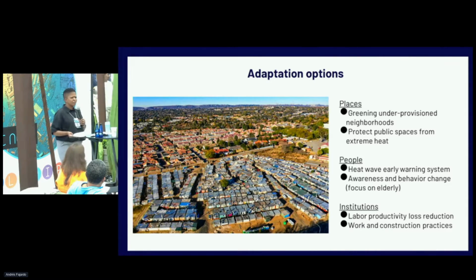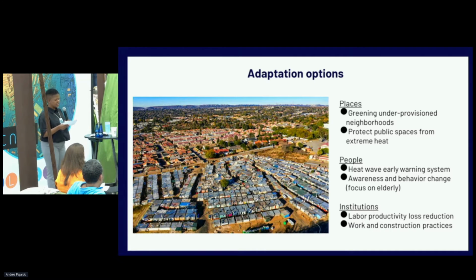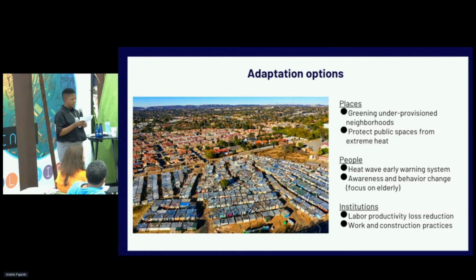In South Africa, you could never say you're going to move people to cooler areas because the history of land removal does not allow you to do that. But the city has, in many cases, a lot of housing upgrades plans. So we need to be making sure that those housing upgrading plans or in-situ upgrading plans actually include these adaptation measures that we're looking at. So this could also even include a cool roofs programs, planting trees in these neighborhoods.